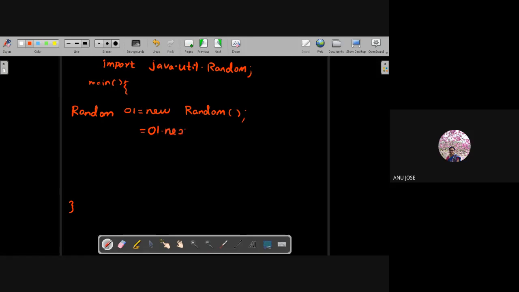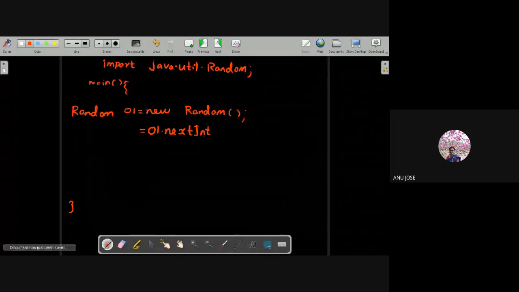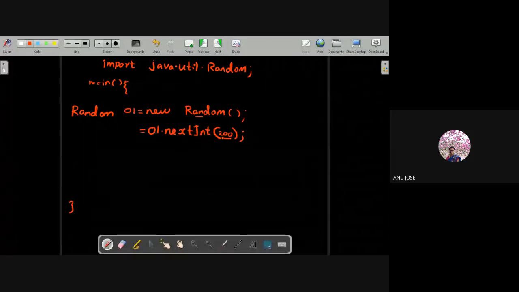We can generate a number in the range of 0 to 200 by using the nextInt function.